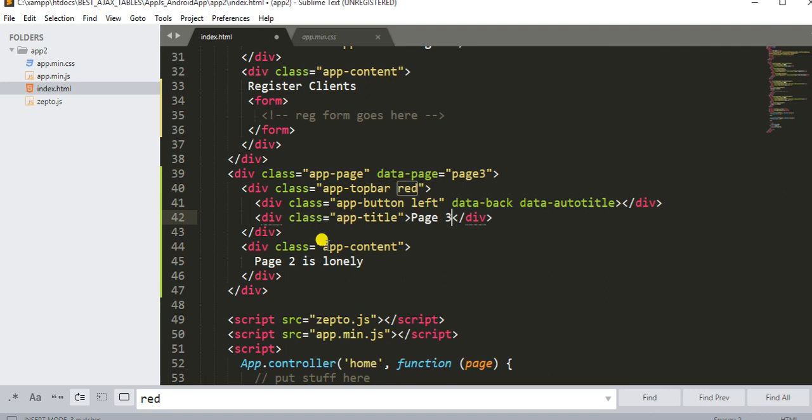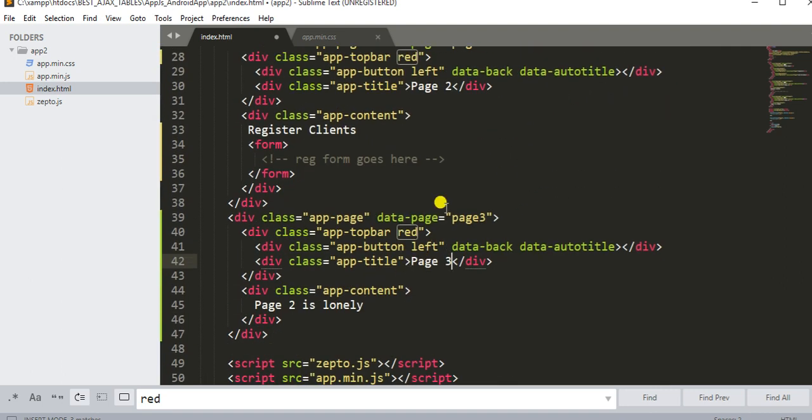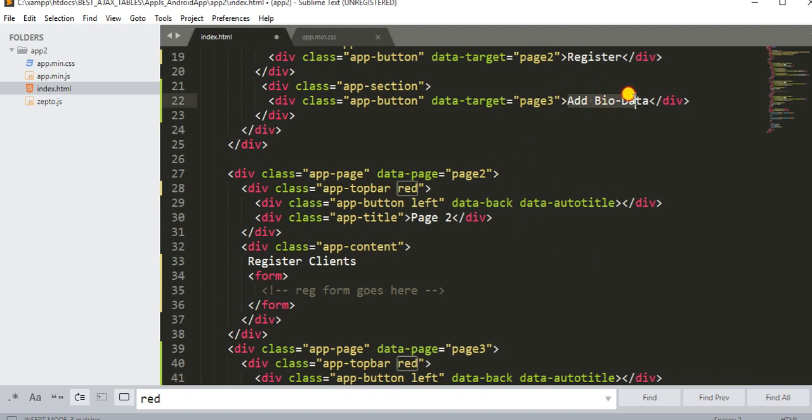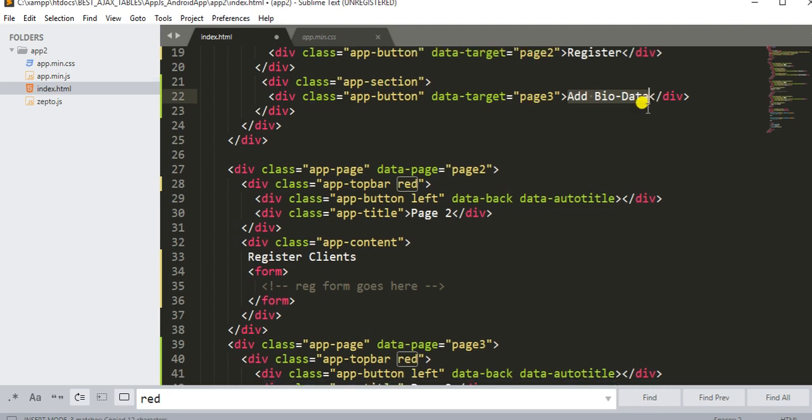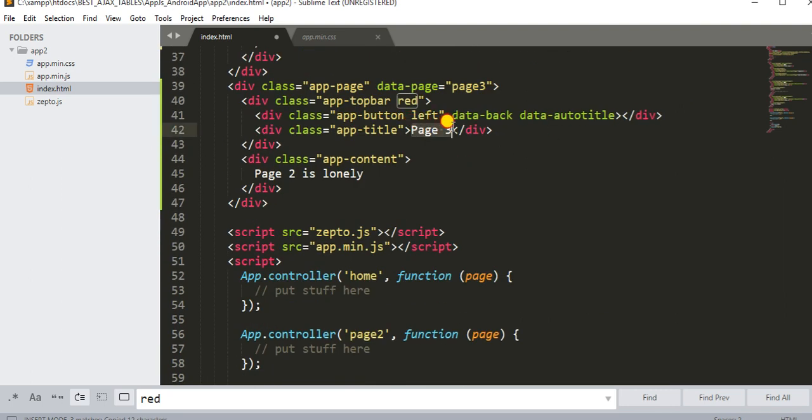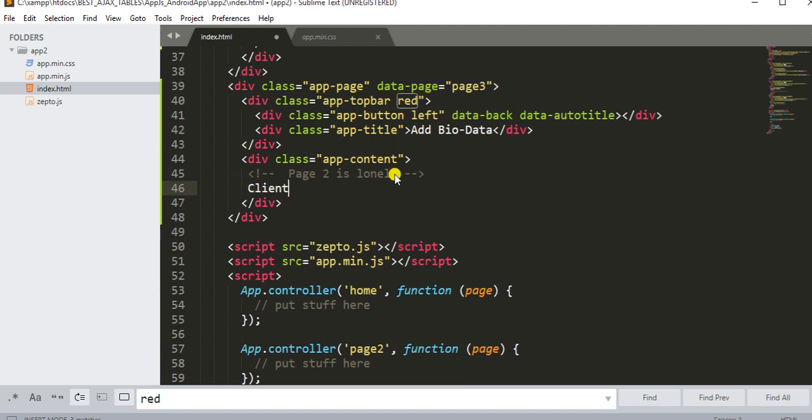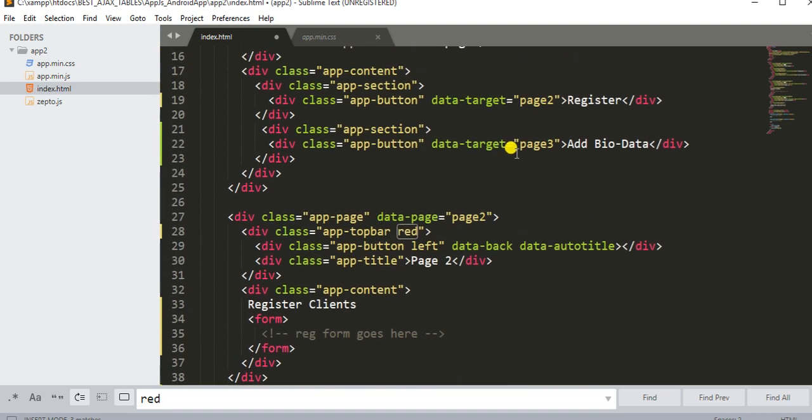So this page 3 of ours is all about what? Add bio data. So I can just try to copy whatever I have here, so that I can just change that underneath here. You get? So I simply say maybe client bio data goes here. You get? Yeah. So this is just client bio data maybe goes here,